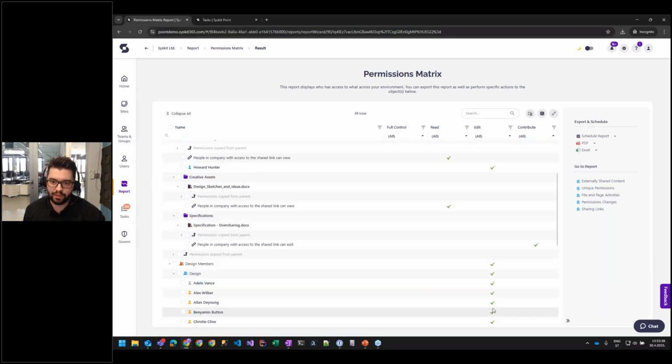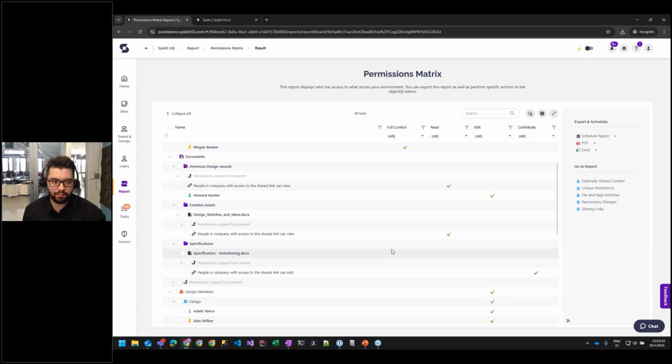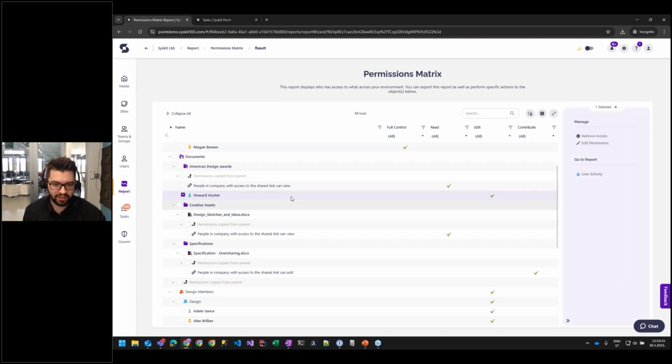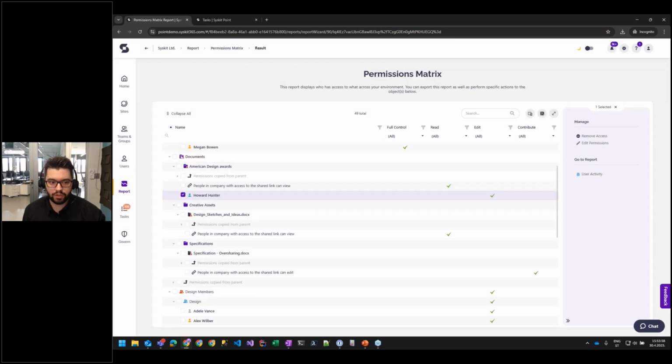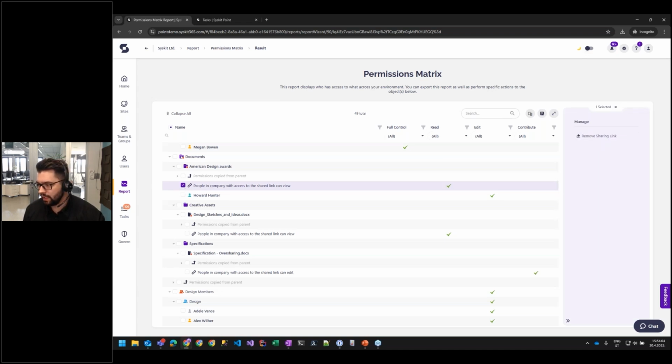You have some members that have edit permissions. And for example, you find this sensitive document and see there's an external user that has edit permissions over the document. So you might want to remove his access or maybe edit his permissions so he doesn't have edit access but read-only access, so he can't make any changes. Also, if you have any sharing links on that file, you can remove them on the spot. Okay, let's jump back to the dashboard.